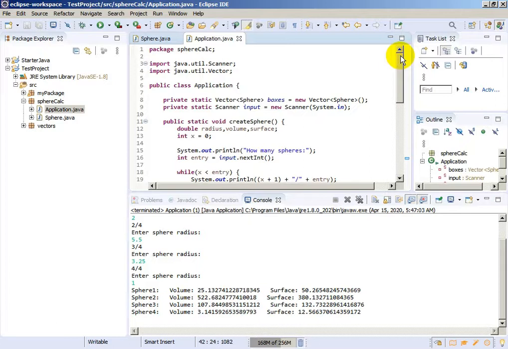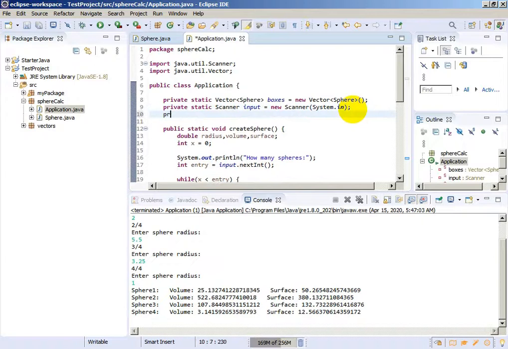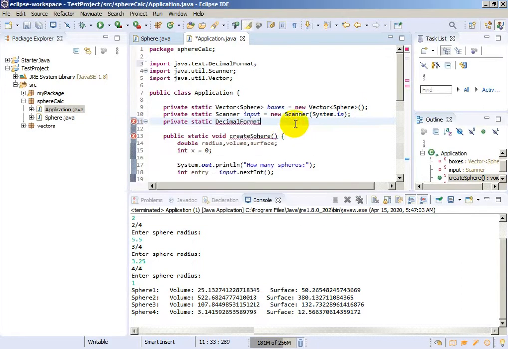We will use decimal format, and I think it is better. It will need us in other methods, and I will create it as a static. It will be private static, and it will be decimal format. And now I will show you how to use decimal format. We will call it df, as the initials of decimal format, equals to new